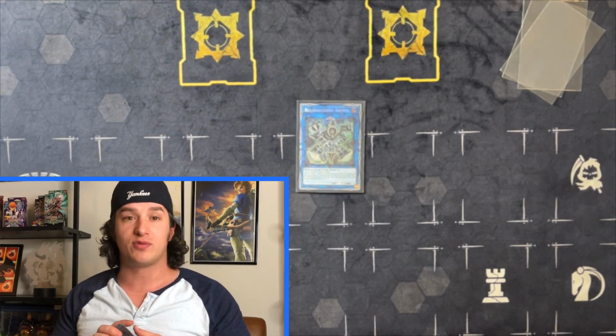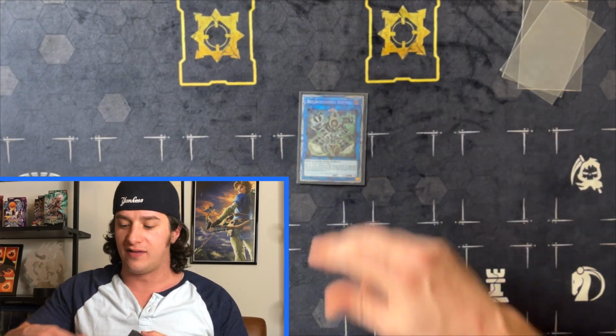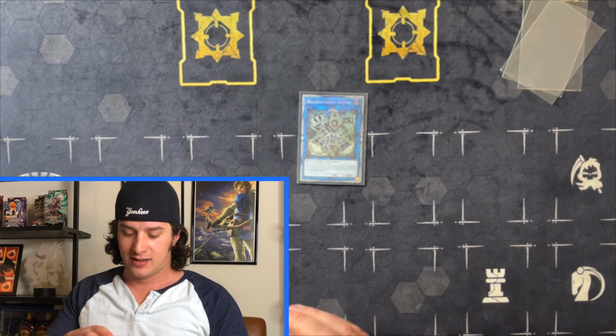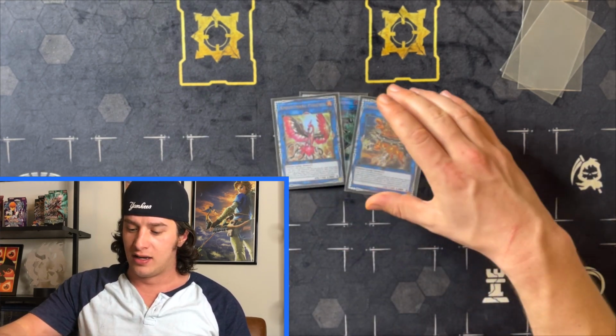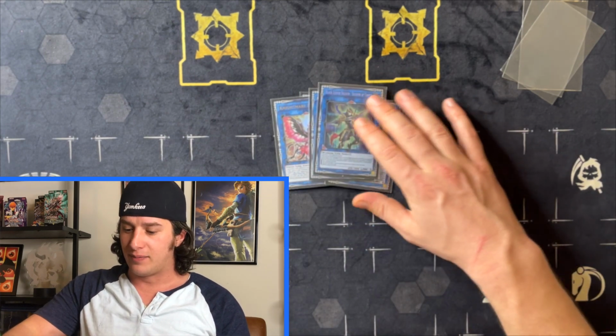We play 1 Relinquished Anima because we play some level 1s with Eater of Millions and now Astro Kuribo, and you can punish your opponent if they forget that zones are a thing. Then for the Link 2s, we do play 1 Phoenix, 1 Cerberus, 1 Unicorn for Link 3, and a BLS,